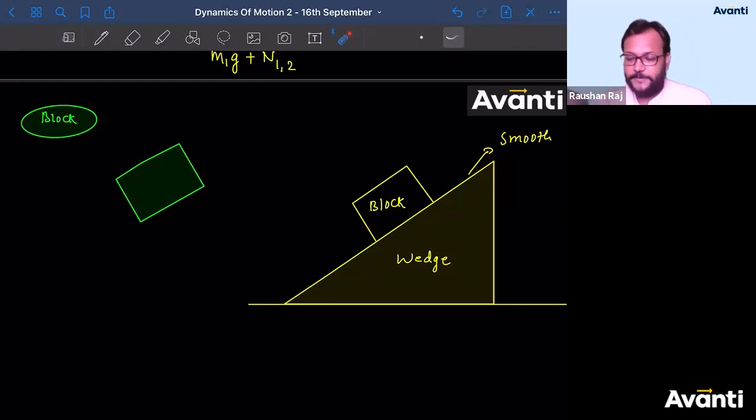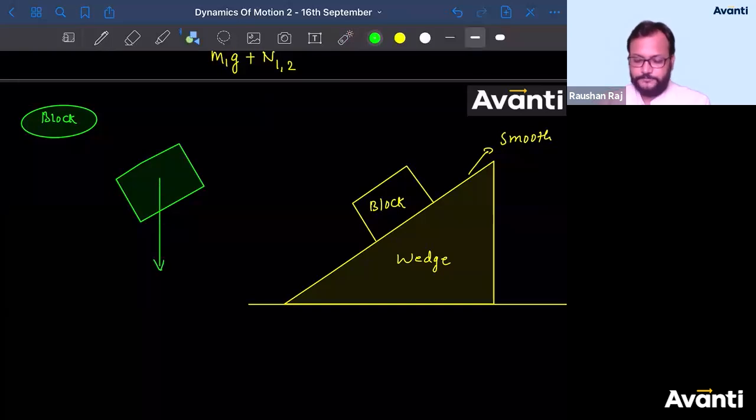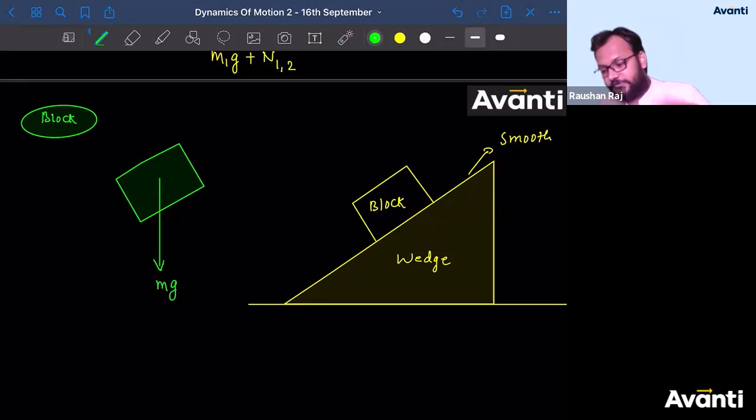ओके, चलिए. So now tell me guys, which is the first force we should be indicating? पहला फोर्स कौन दिखाना है? Which force? या mg, धरती माँ का प्यार. ठीक है, तो चलो दिखाते हैं. कौन सा डायरेक्शन है बच्चा लोग? So vertically downward. Earth is here, right? So vertically downward. Let's say this is mg, small m into g. I'll consider the mass of the wedge as capital M. तो capital M into g will be the force of gravity on the wedge.